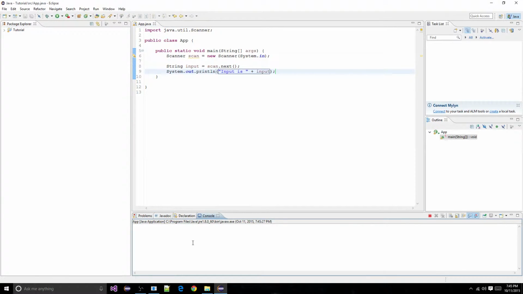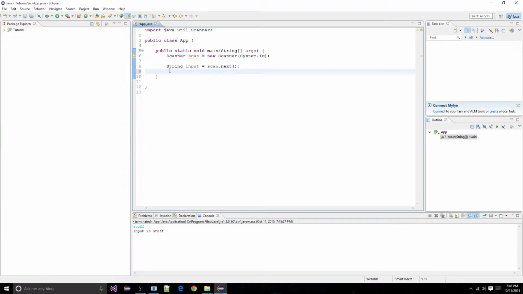And like a doofus I am, you have to actually put in something. So let's go ahead and put in stuff. Sounds interesting. And we can see that input is stuff. And then we went ahead and finished the program. And the next thing we have to do with this is actually compare it to actual values. So let's say that we want to see if the input is